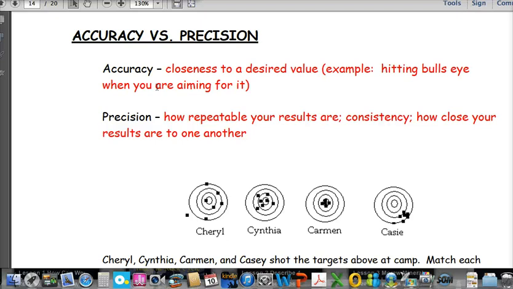And when you look at the terms accuracy and precision, you would think that they're the same thing, but they're technically very different. So if you look at accuracy, it says accuracy is how close you are to the desired value. In other words, how close are you, for example, to the bullseye? Precision is how repeatable are your results, or how consistent are they? How close are they to each other? They don't necessarily all have to be on the bullseye, but if they're all in the same spot. So, for example,